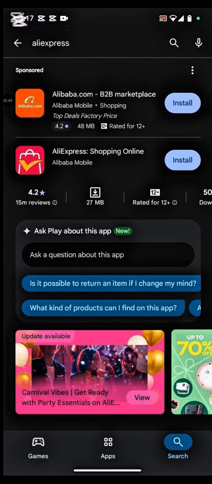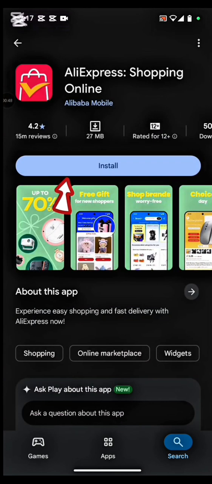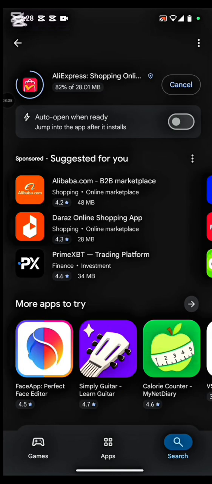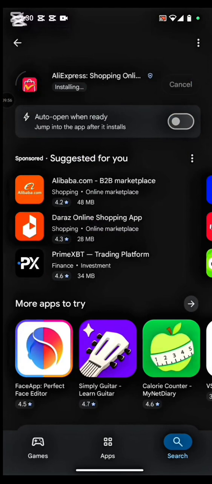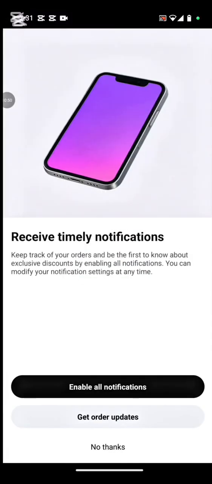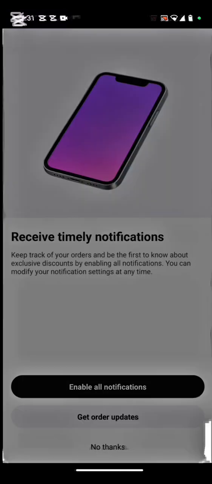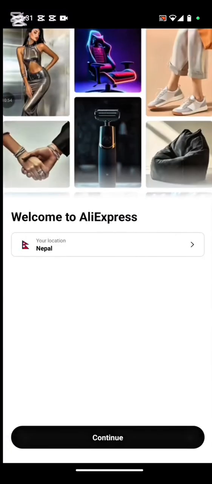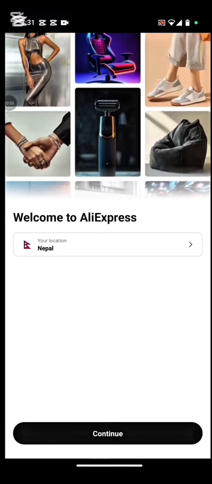Tap on the application. On the next page, click on the Install button just below the application to begin the downloading process. While downloading the application, make sure that you are connected to a strong internet connection. Once the application is downloaded, tap on the Open button to launch the application. Now, to sign into your AliExpress account, you can simply open up the application and fill in the